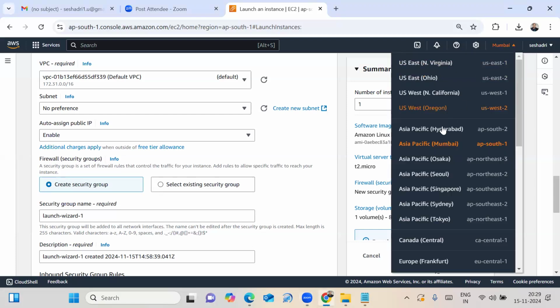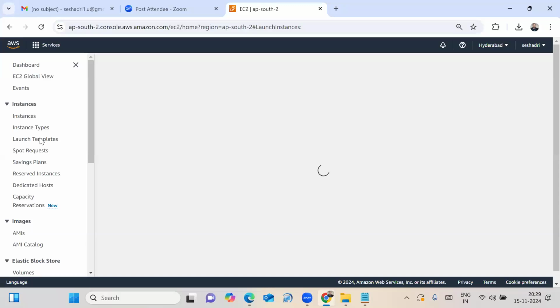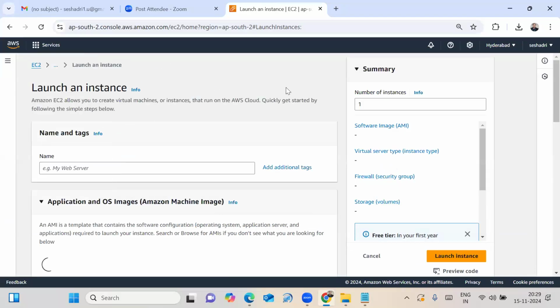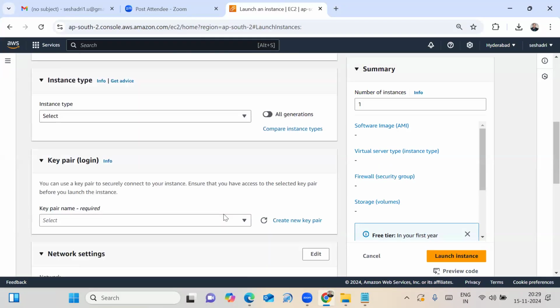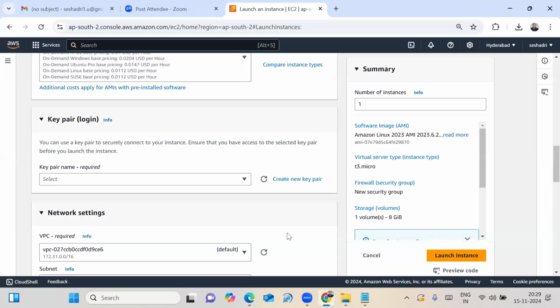Similarly, I'll switch to the Hyderabad region. Automatically, it opens the EC2 service. You can launch instances. Now in network settings, click on the edit option.